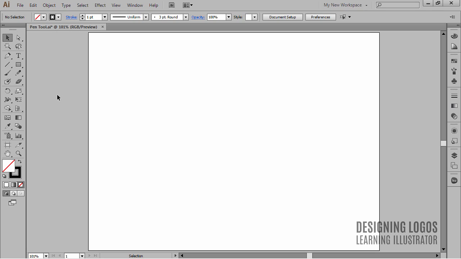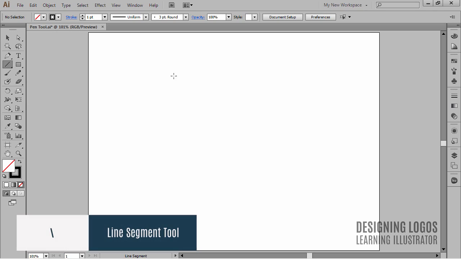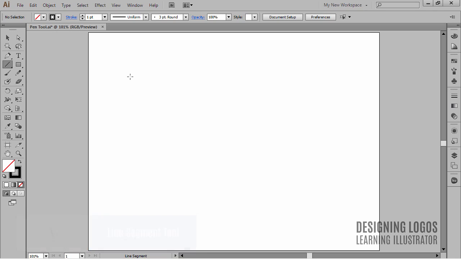To initialize this tool, we can either click this group of tools right here and choose the line segment tool, or simply hit the backslash key on our keyboard. This tool is pretty straightforward. If I click and drag, I'll simply draw a line. And if I shift click and drag, I'll create a line at a 0-degree angle, 45-degree angle, or 90-degree angle,